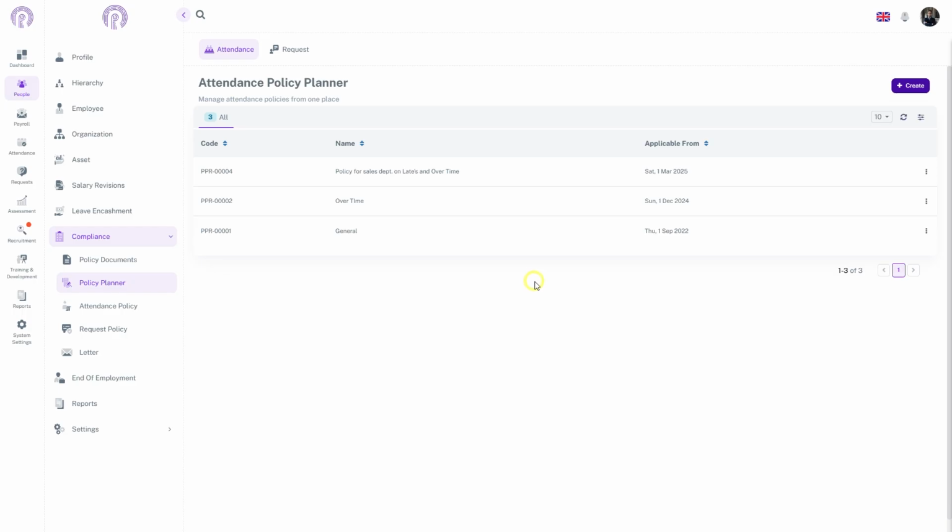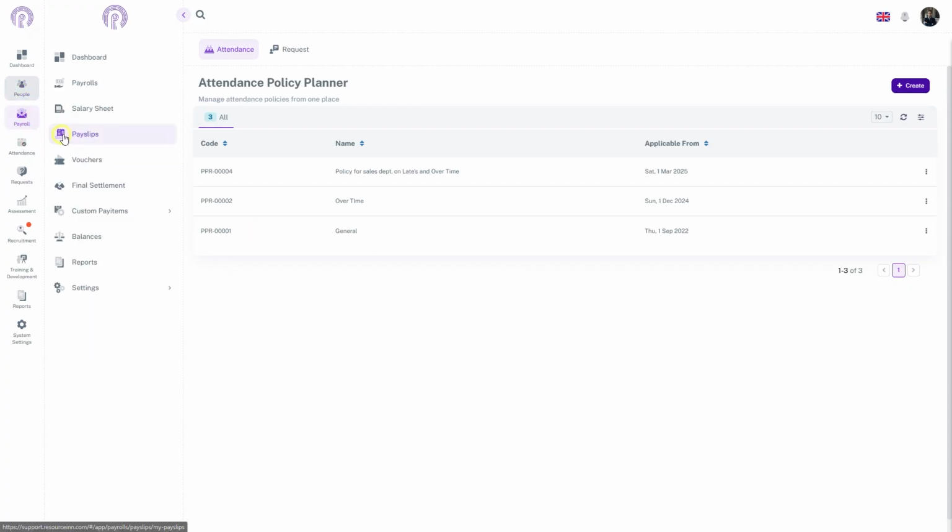One more thing. I have created and implemented various policies in the company, such as late arrival and overtime policies. Now, I want these implemented policies to be automatically reflected in the monthly payroll, as they directly impact the earnings and deductions of employees. What should I do to ensure that the payroll calculations are accurately aligned with these policies? To apply your implemented policies in payroll, go to the Payroll section,